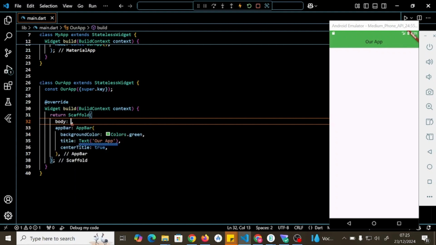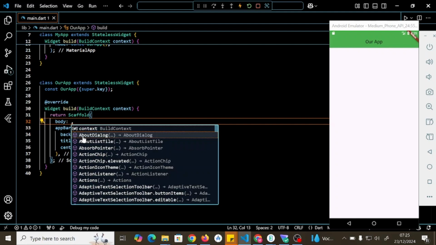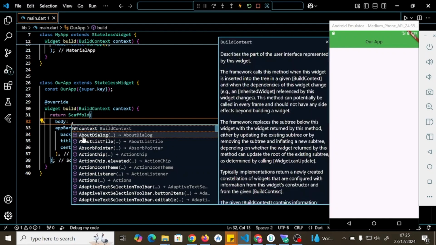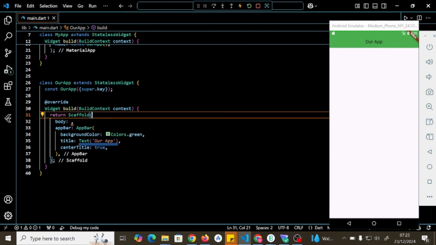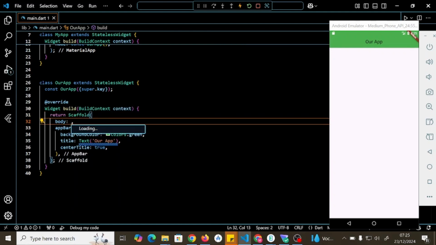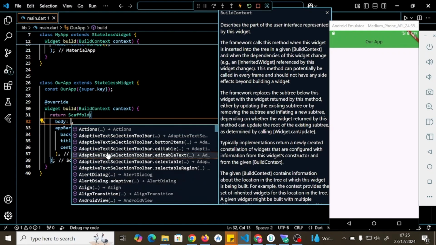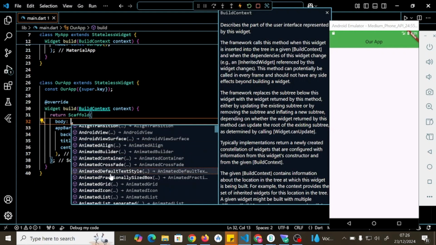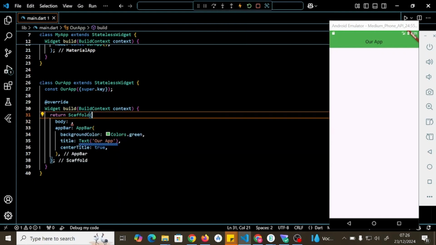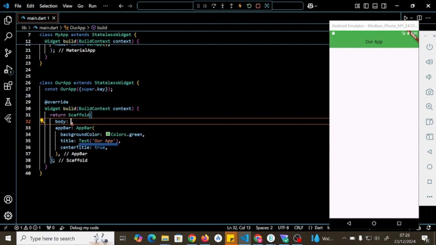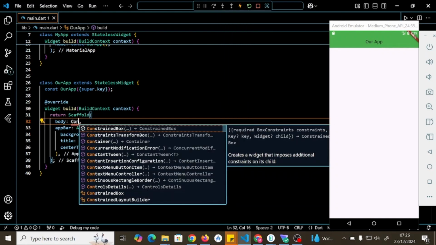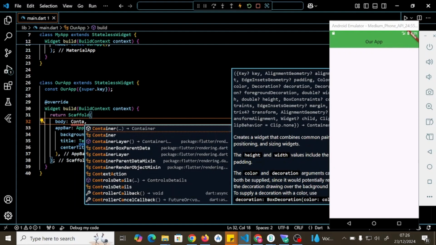Always we have a body. What can we put in the body? You just press control and space. You'll see things that can go in the body. For example, let us say we want to put a text. Or you can say a container. Container. We are going to put a container in our